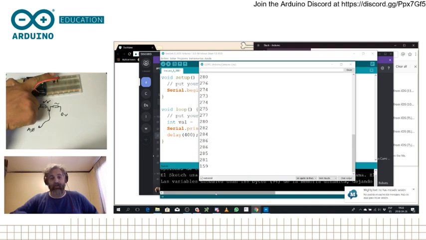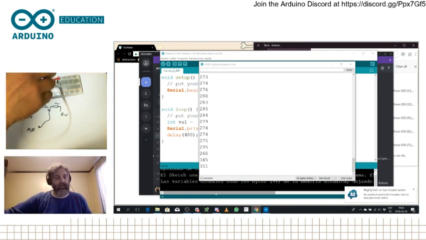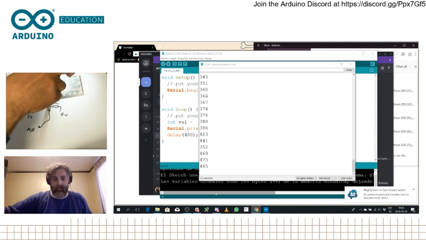I will cast a bigger shadow on the sensor, and you'll see how the value, oops, oh yeah, you see it again. When I cast the shadow, you see how the number goes low, and when I take it out, it goes higher. And if I cast a bigger light on it, I'm going to turn on the flashlight on my mobile phone. I will project more light on the sensor, and you see how it goes up even higher, up to like 450, 460.